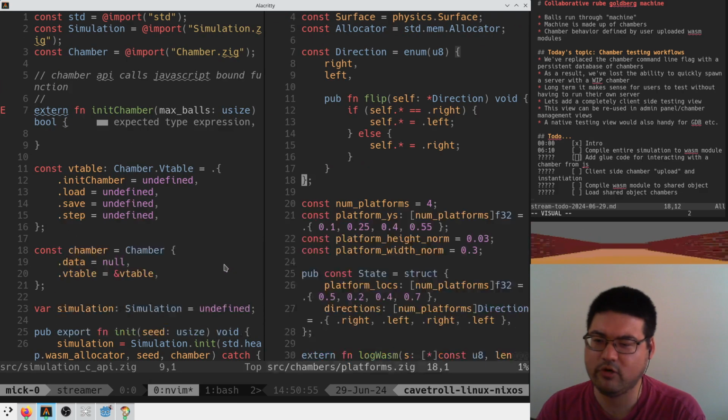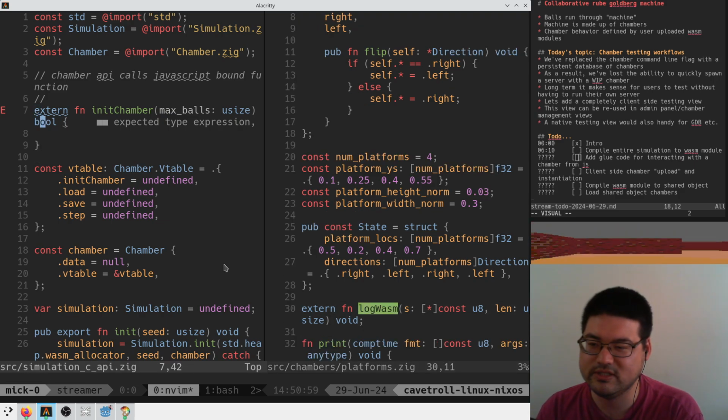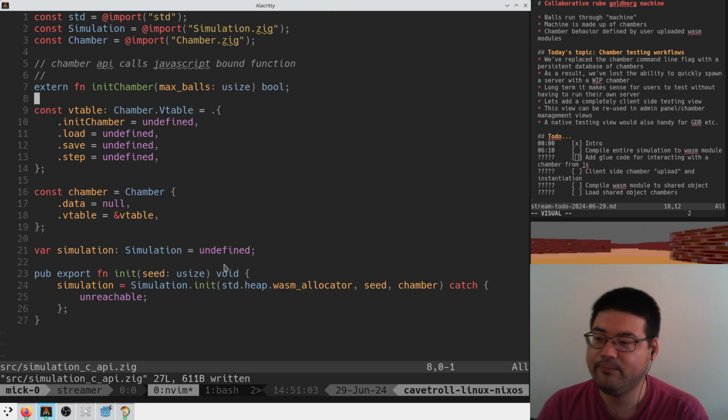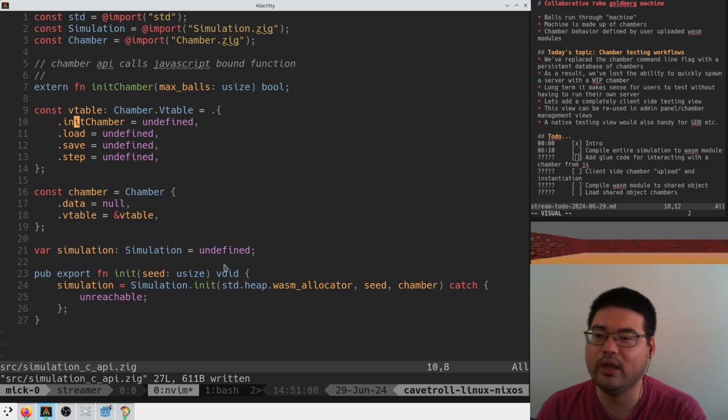In platforms, we have log wasm. This is just an extern function. Oh, because we have to put semicolons because we're not implementing this function. We are just saying that it exists in the world. That makes so much sense. Okay, so now we can say that